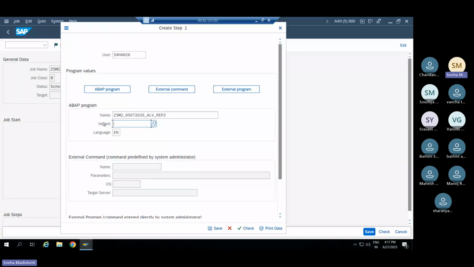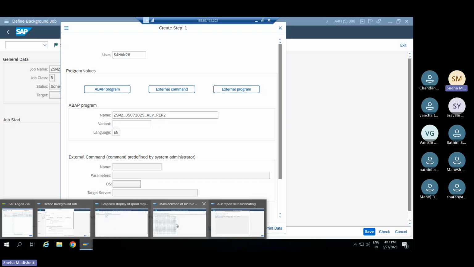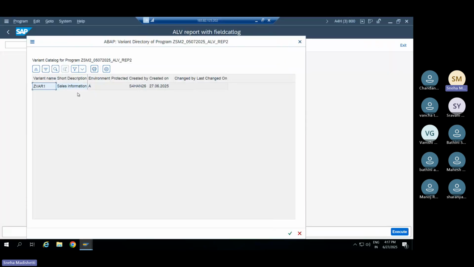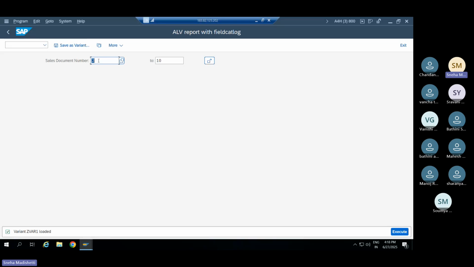So if a program has any input screen, you have to create a variant and you need to select the variant. Suppose you have multiple values, like in one scenario, I'm going to test 2 to 10. If you see, I gave the first variant saved as a sales document number from 2 to 10. But there is one more scenario, where the user wants to see more numbers. At that time again, what I'll do, I will take the input,